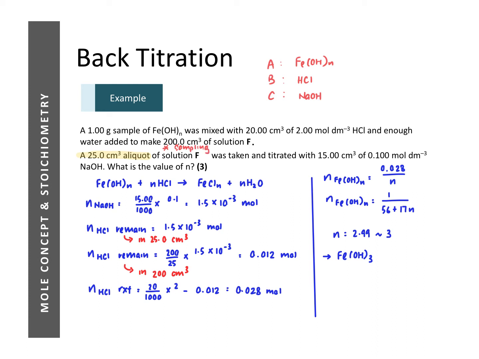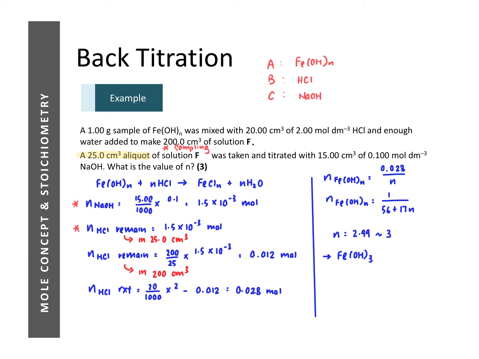Okay, so once we have identified all that, let's work backwards again. We can first find the number of moles of reagent 3, which is the number of moles of sodium hydroxide. By comparing mole ratio, we can find the number of moles of hydrochloric acid that's remaining. Now, since there's sampling, this number of moles of hydrochloric acid remaining is only present in that 25 cm³